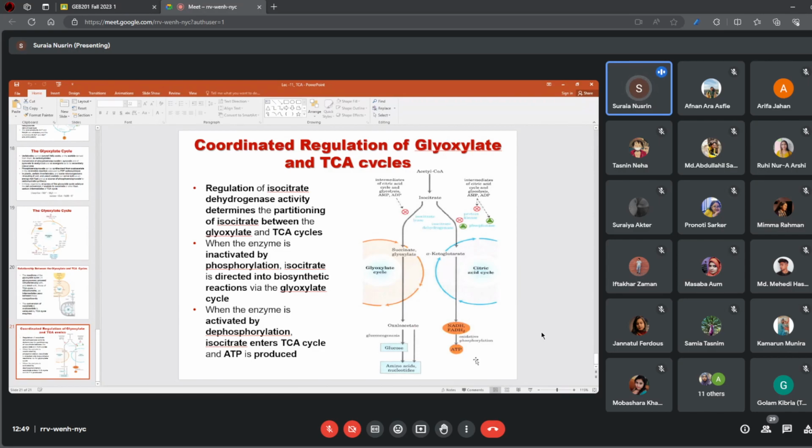When this enzyme is inactivated, the isocitrate will enter the biosynthetic pathway that leads to the glyoxylate cycle, because from the glyoxylate cycle the ultimate goal is to synthesize glucose, that is the biosynthesis. Now when the enzyme is dephosphorylated, the enzyme is activated, then the isocitrate enters the TCA cycle, and the goal is the production of energy,